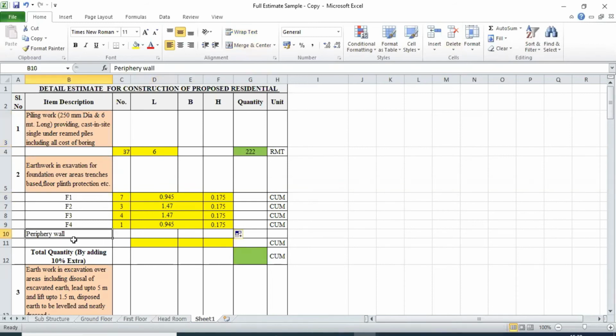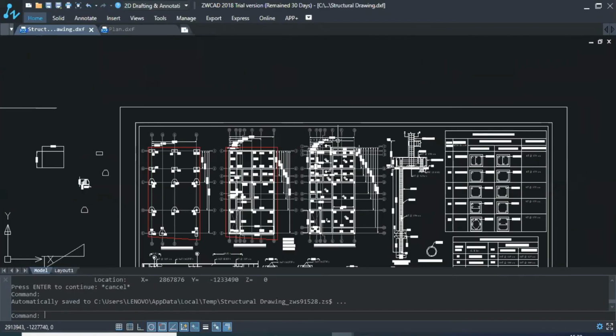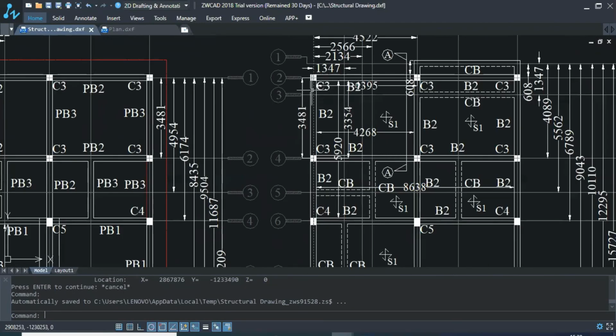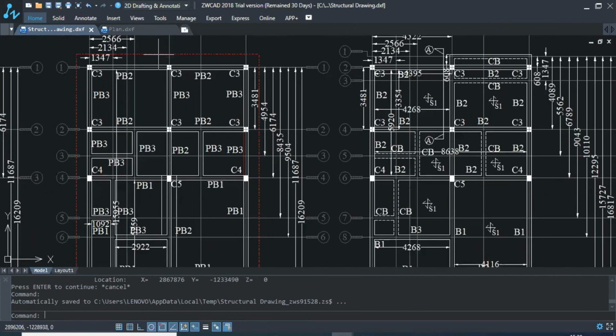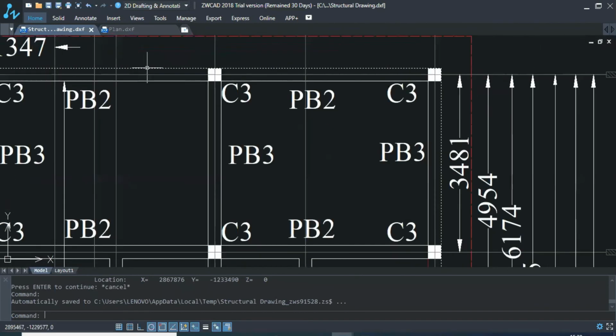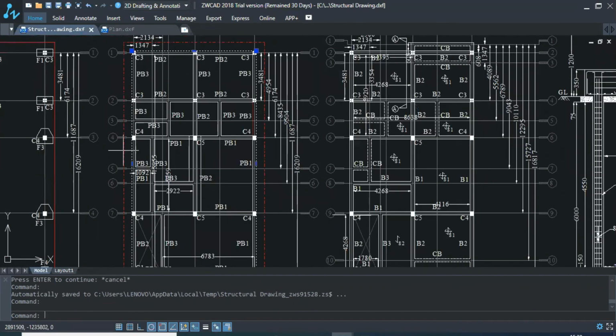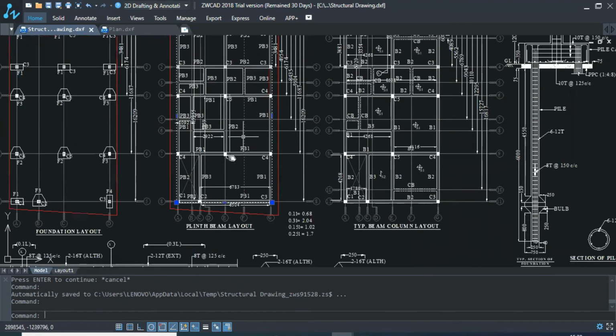Next we will see the periphery wall. Okay, so periphery wall, let me show you. This is our periphery wall. So for periphery wall, you can just simply click the outer portion and then Li enter.